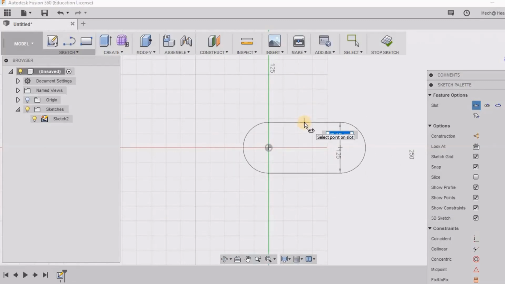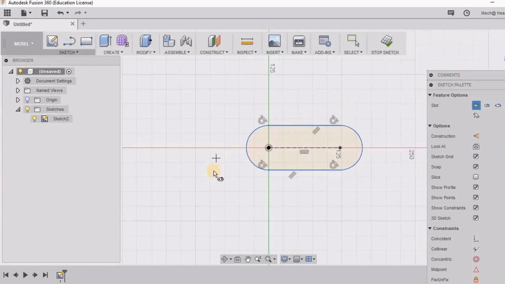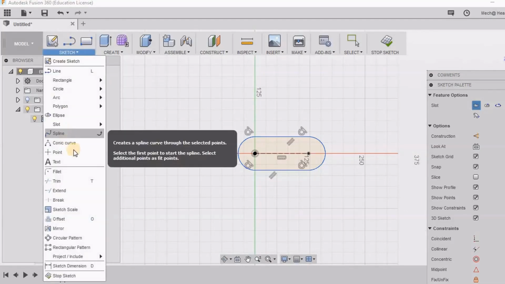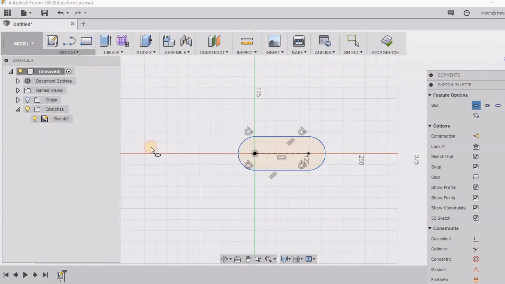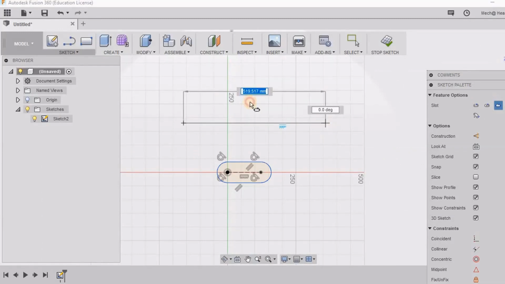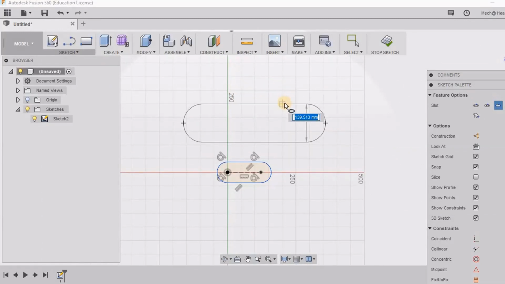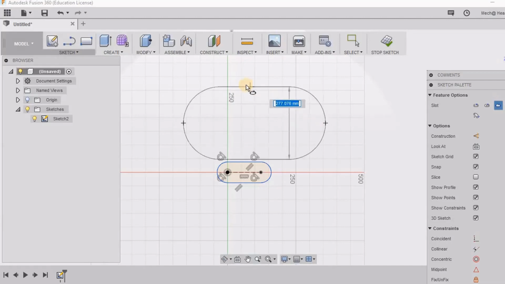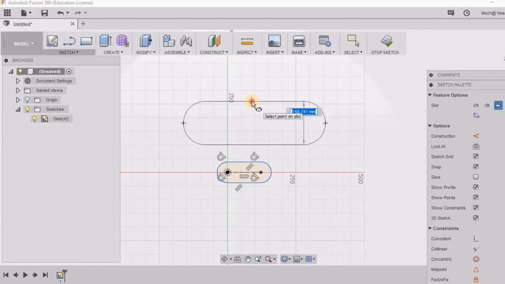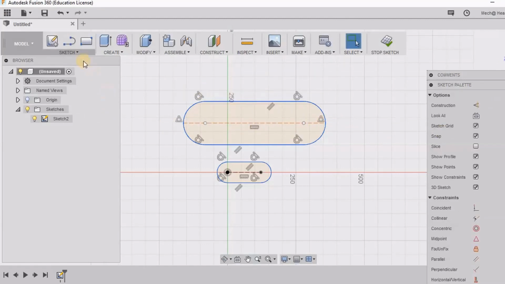So here I have selected 2 points, and then I'm going to decide the diameter of the arcs. So this is one kind of slot. This is the overall slot in which I'll be selecting 3 points. But here, if you see, previously I had selected the 2 center points of the arc, but here I'm going to create by selecting first of all these 2 points which are going to decide the end width. Then